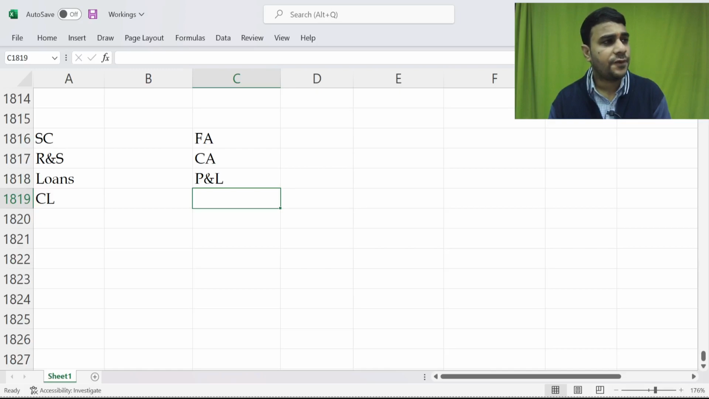The other way of calculating this is fixed assets plus current assets minus current liability minus loans. P&L anyway we are not adding, so no point of subtracting that. So there are two ways of calculating your book value per share. One is share capital plus reserves and surplus divided by number of shares, or fixed assets plus current assets minus current liability minus loans. NAV of a unit is equal to